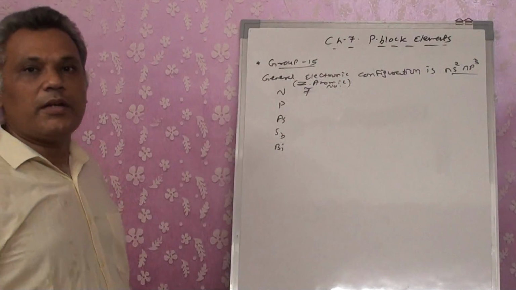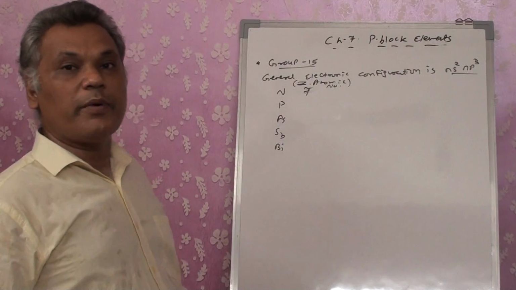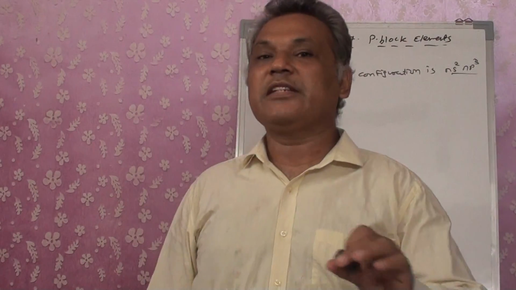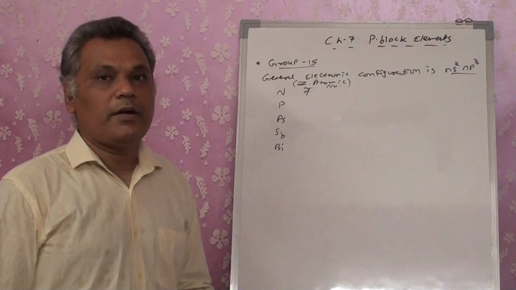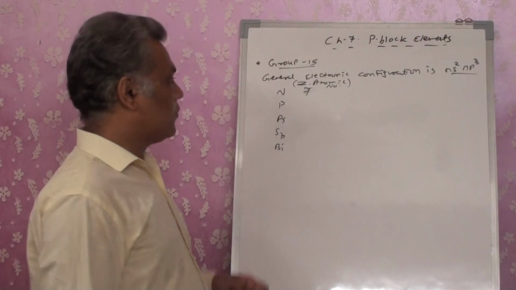For the first element I know it, but for the rest of the elements I will be going by the help of 2, 8, 8, 18, 18, 32. That is the magic number that you have studied, right? We have already discussed this in our 11th standard also.